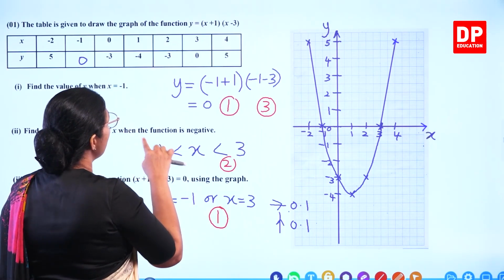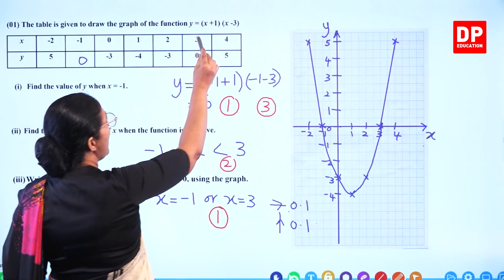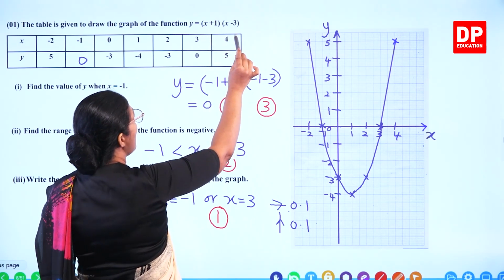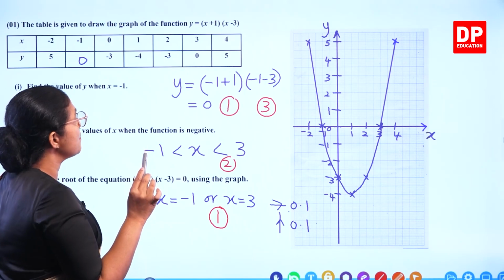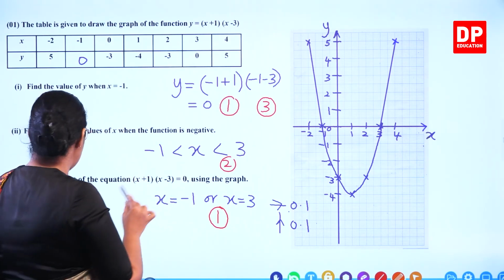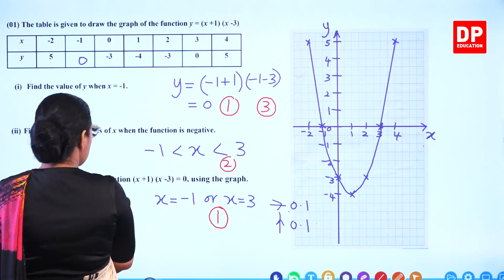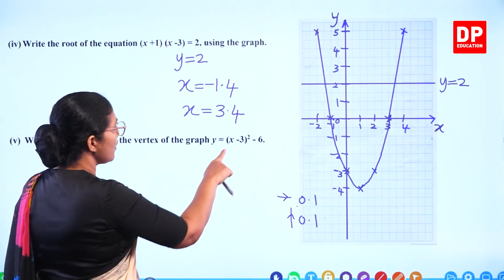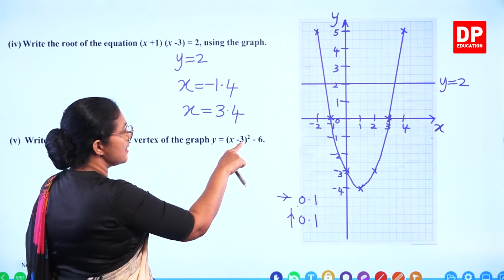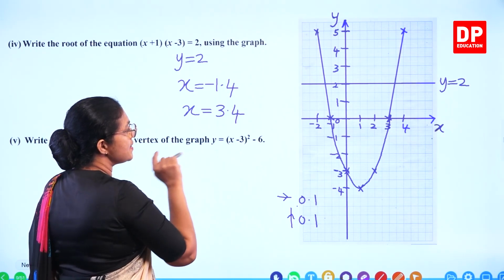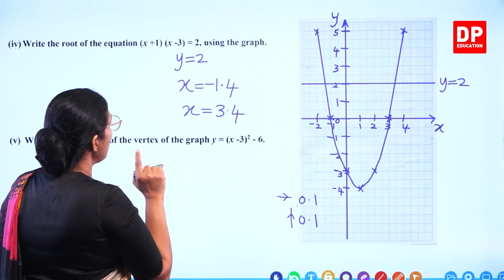You can check it. So x squared, when you expand, you get x squared minus 3x plus x, that means minus 2x plus minus 3. So let's take this one. x squared minus 6x plus 9 minus 6 plus 3. So that's not the